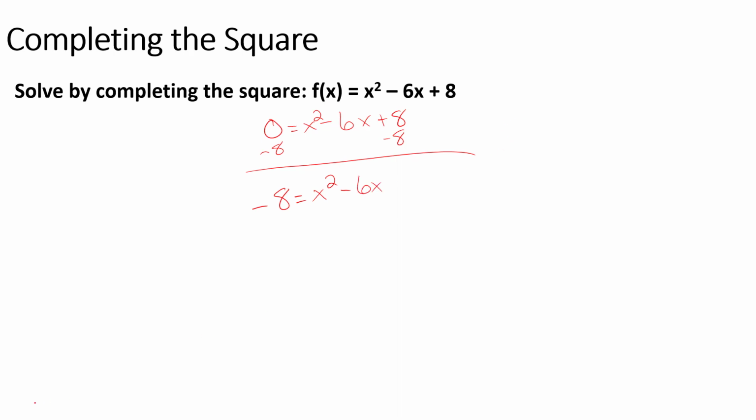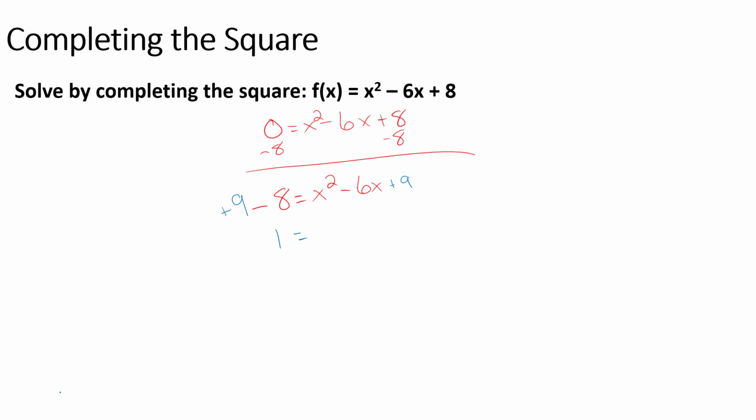All right, our next goal is to try to get our term on the right into a perfect trinomial. So we take half of b, -3, and square it. What we add to one side of the equation, we have to add to the other side of the equation. So 9 minus 8 gives us 1, which is equal to, well, I'm not going to rewrite the equation because